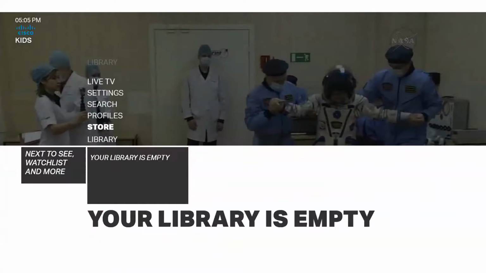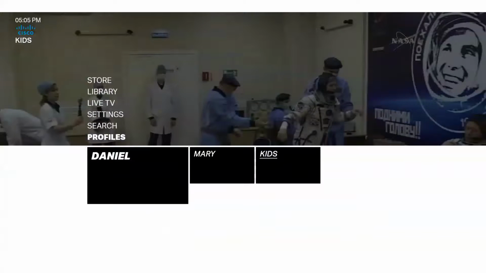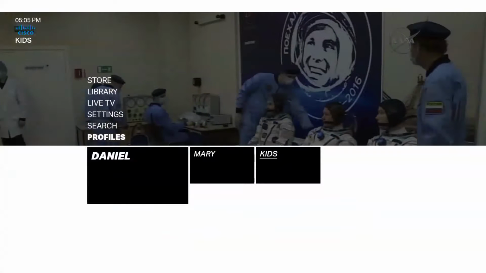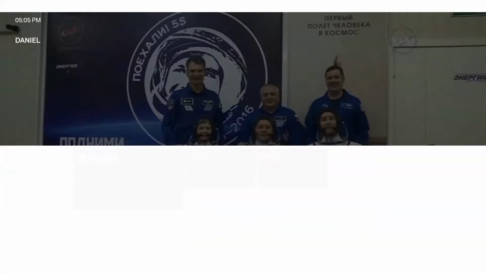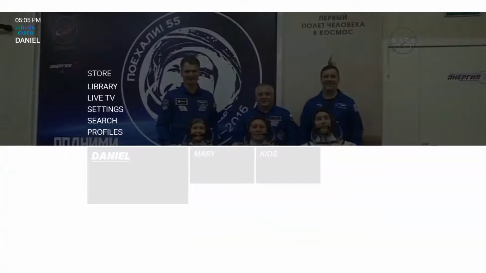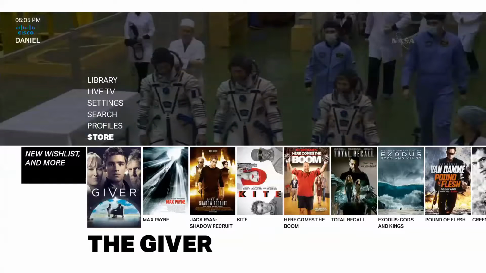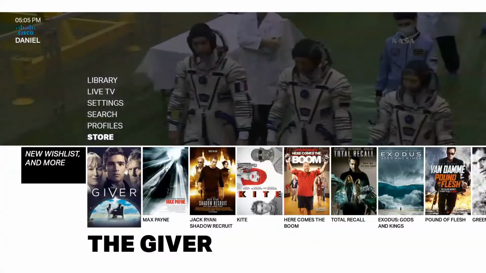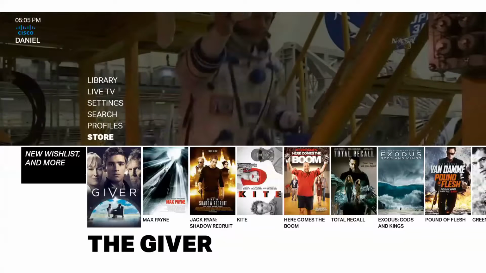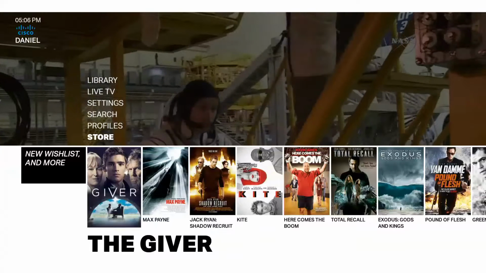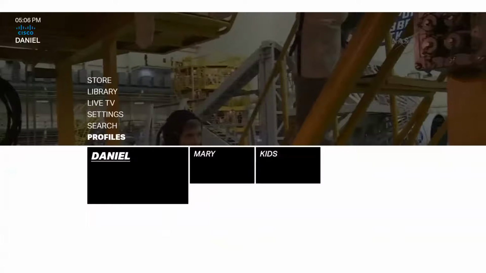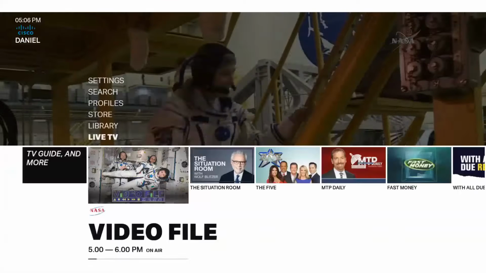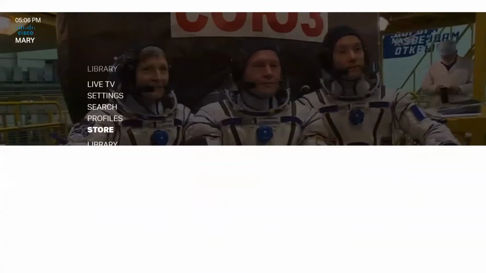For instance, a great example is we can create multiple profiles. So dad has a profile, mom has a profile, and the kids have a profile. If we go into dad and look at his recommendations, well, these are going to be based upon his viewing habits and his, quite frankly, content searches. And so you can see much more action, much more content that perhaps dad would like. But if we then change that to mom, those recommendations will change a little bit more and look,